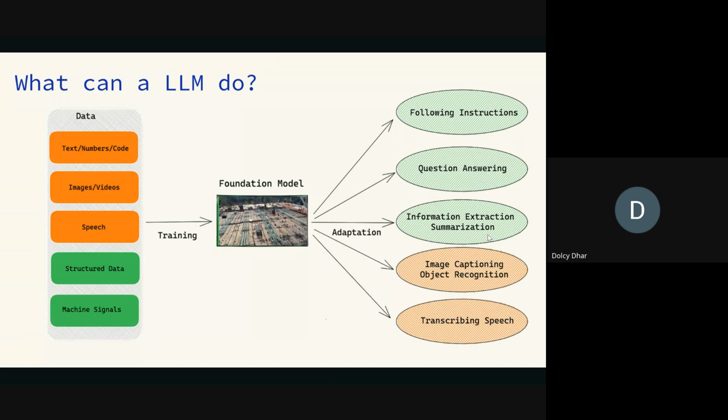It can follow instructions. You can ask it questions, and it can give you answers. For information extraction and summarization, the LLM can generate the next token; it can predict the next word. How do we leverage this functionality? Let's connect our LLM to an external database and see if it is able to capture that database's data effectively. What I'm talking about is RAG, retrieval augmented generation. Then image captioning and object recognition is a computer vision use case. What if a patient comes with a head injury, and we can't do an MRI because there is an iron rod in the organ? We can't do